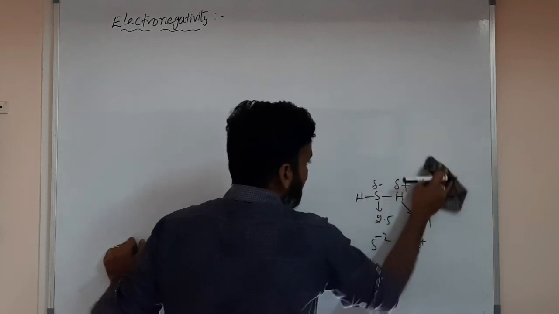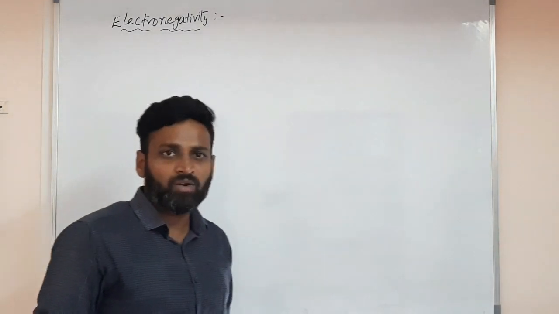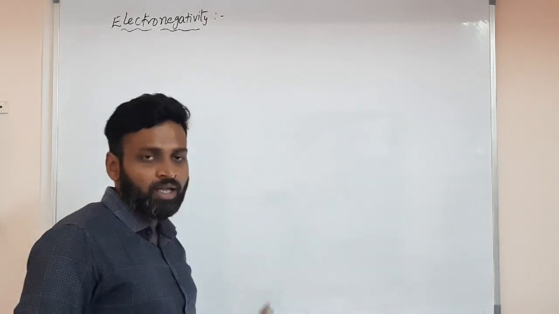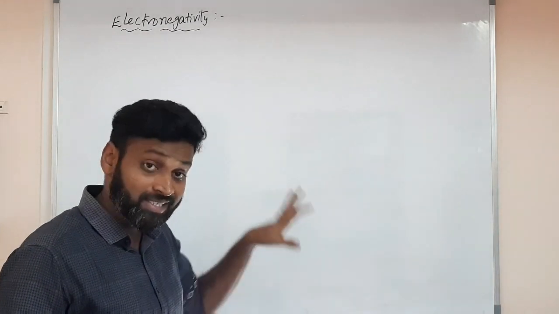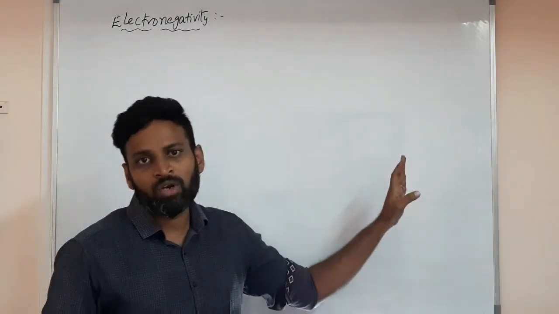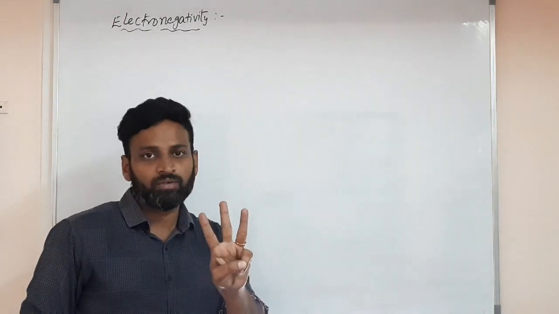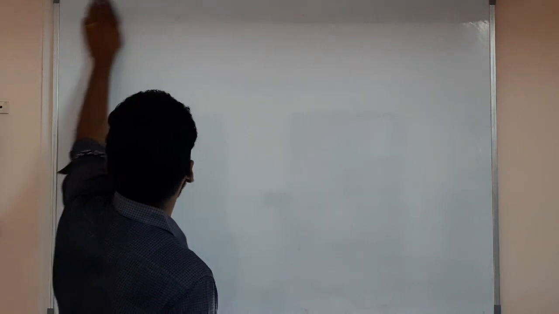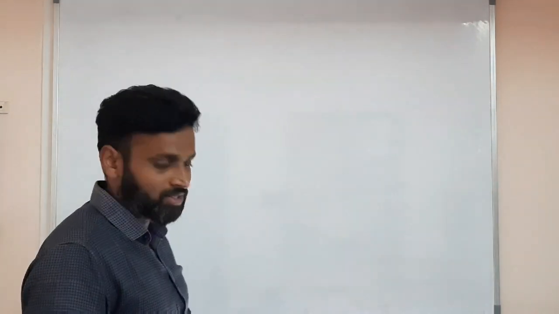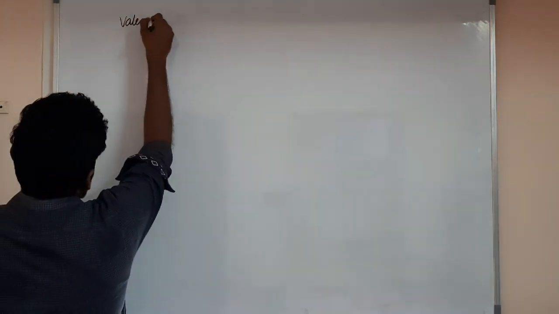What is the valency? Now, increase and decrease: which one increases, which one decreases, like that. Again, metallic character and non-metallic character I also gave. So top to bottom metallic character increases, left to right metallic character decreases. In periodic classification itself I said who are metals, who are non-metals, who are metalloids. So we have three in total: valency, oxidation state, and acidic character and basic character. That's it. Then we can complete this chapter. So the next periodic property is valency.